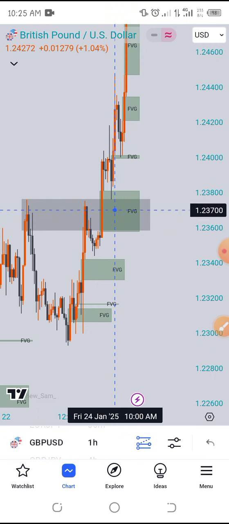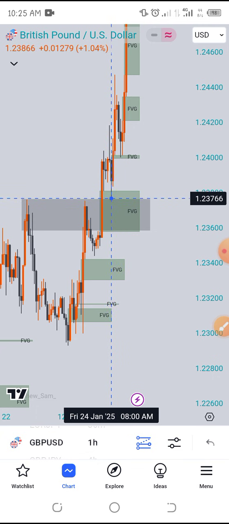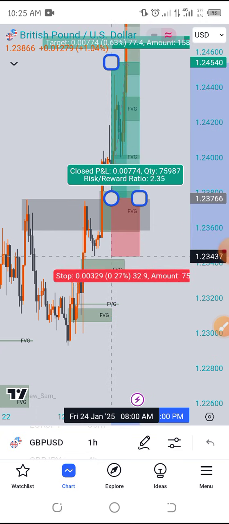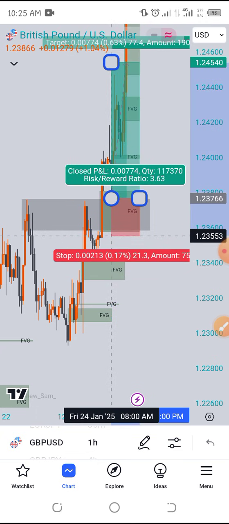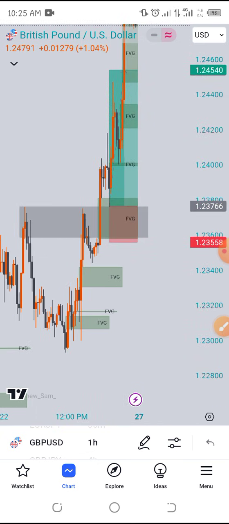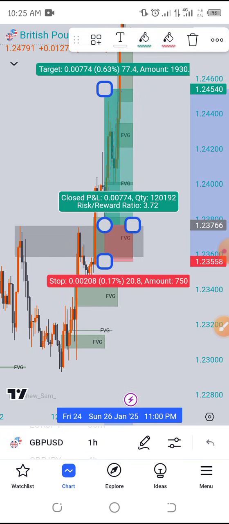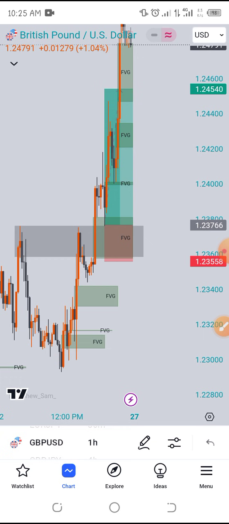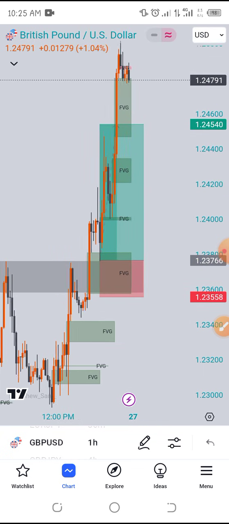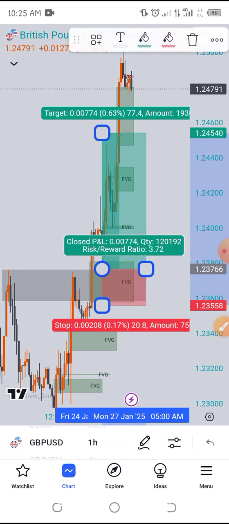Can you see the fair value gap here? So I placed a buy order. My buy orders would be right here. I will be taking my buy trades from here, and my SL will just be a little bit below the fair value gap. Can you see? That was how we reached 20 pips in this particular trade, guys. So we reached 20 pips, and I was just targeting. Remember that when this thing happened,